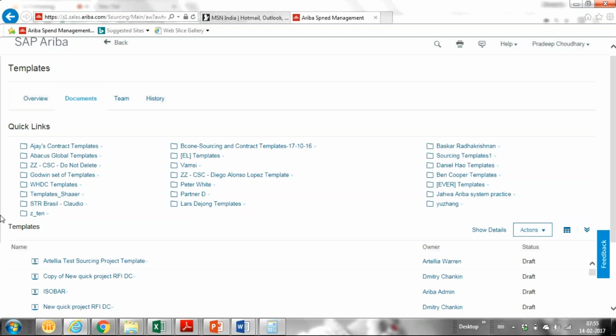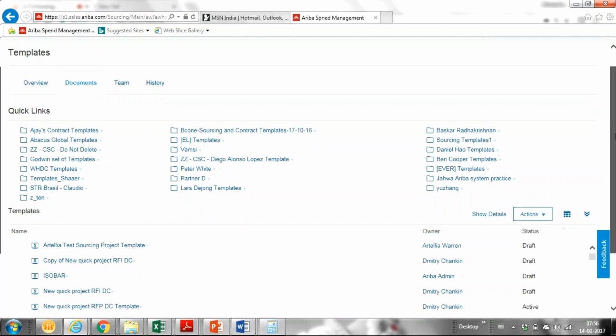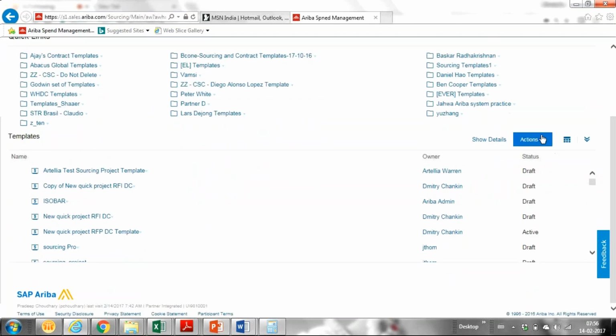So if this goes in this way, once all the requirements are done, then we have to summarize. We have to check the overview. Once the overview is done, I mean, once we have everything in place, we publish that event, and it will go for the supplier's response. So I'll show you the same in the auction. I'll just give a glimpse of how e-forms look and how we have to create them. I mean, generally we cannot create, but